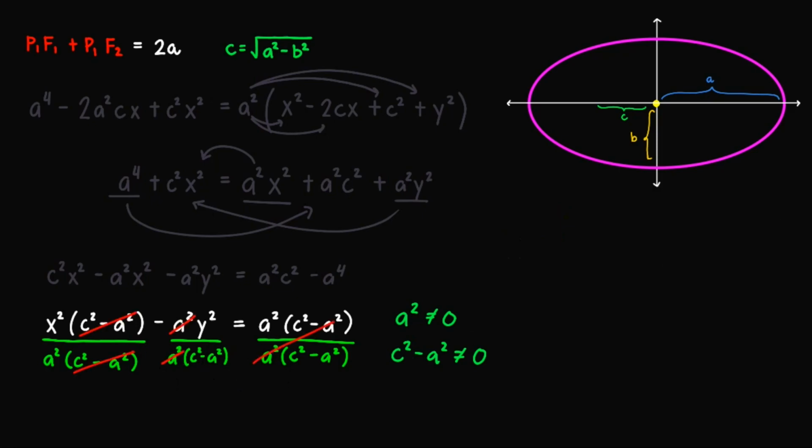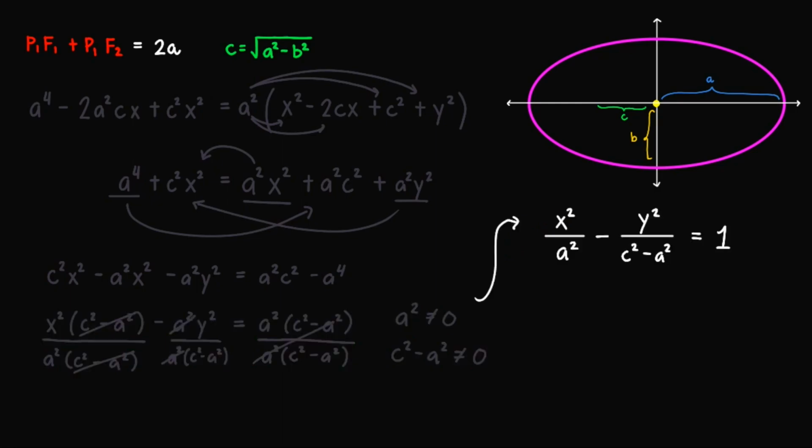So we'll have cancellations out here, and we'll be left with x squared over a squared minus y squared over c squared minus a squared equals 1. And we are close to what we want. What we next do is take note that c squared minus a squared out here has a value that we can obtain. Since we are given earlier, we know the value of the